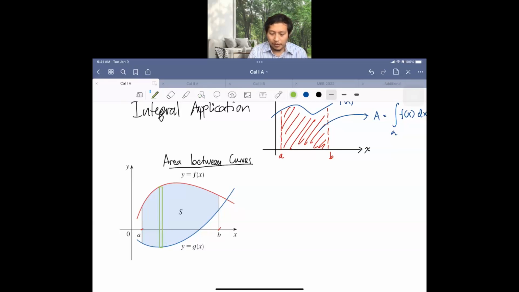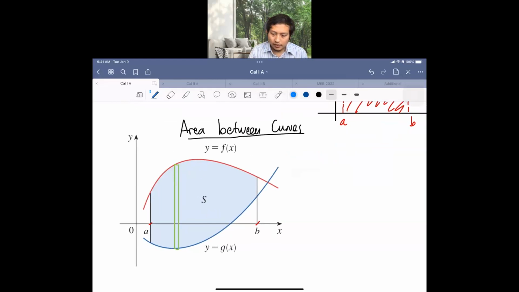Okay. Now if we make this and let this become a delta x, and of course this will be our f of x, right? You can have f at some x, okay? And the other part will be g, or in our case, this will be a negative g because it's at the bottom of the x-axis, right? So the total length from here to the bottom here will be f minus g,